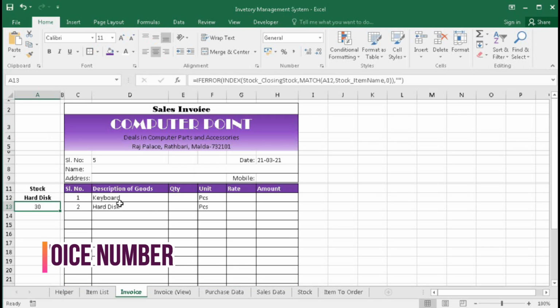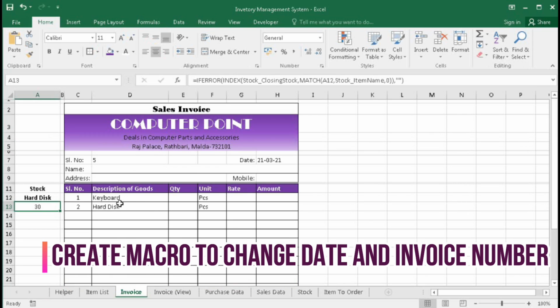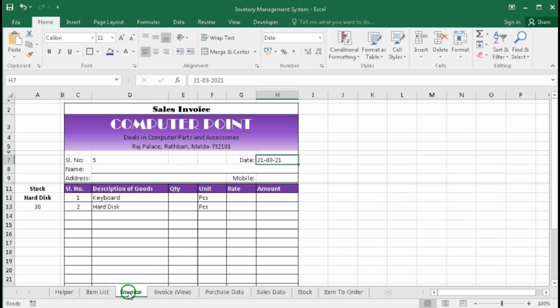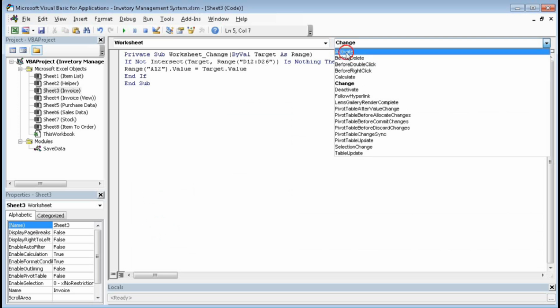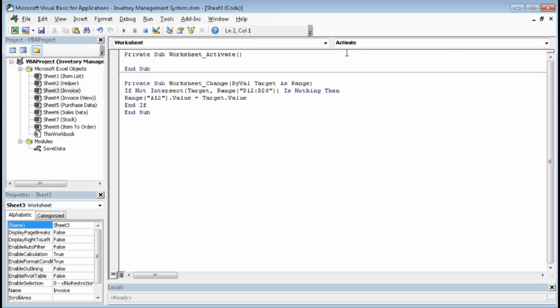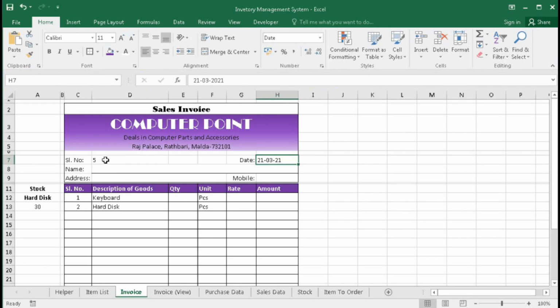Now there is another thing we have to change: when we open this sheet, the sales invoice number and the date should automatically be for today. So again go here, view code, and select Activate, and here we will type the serial number.